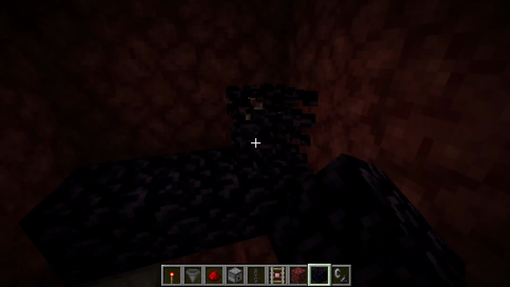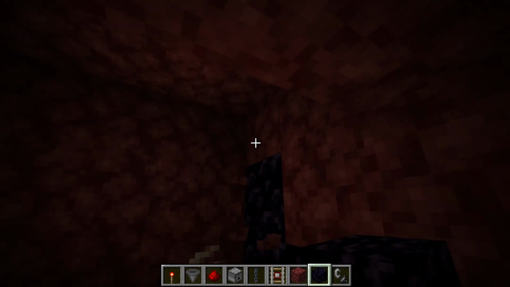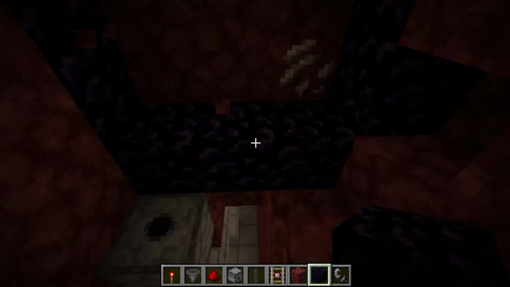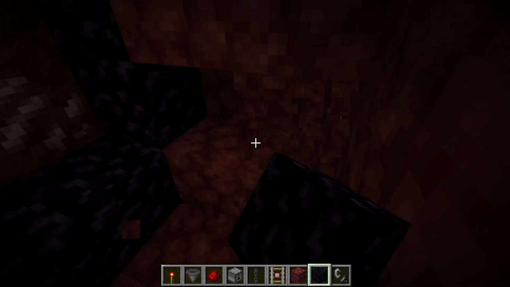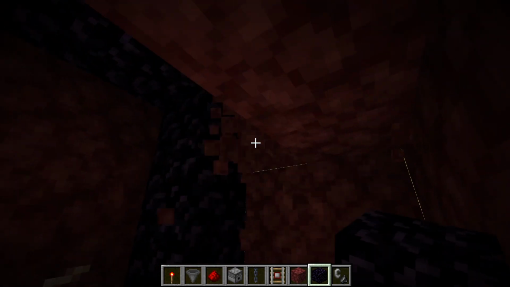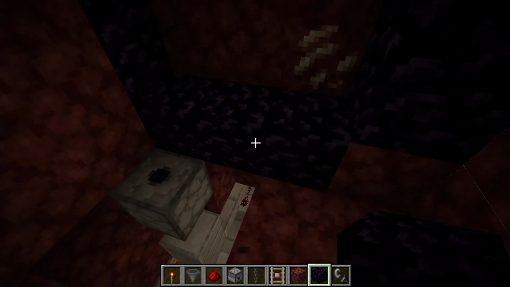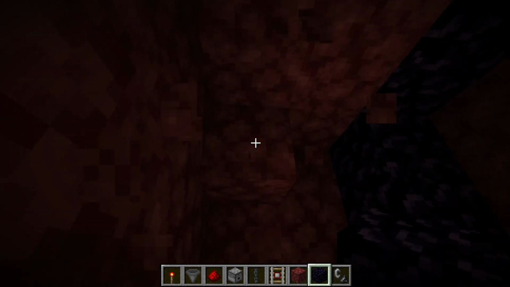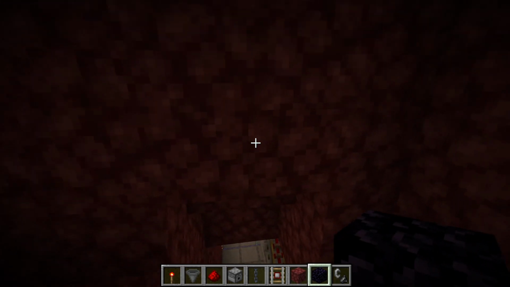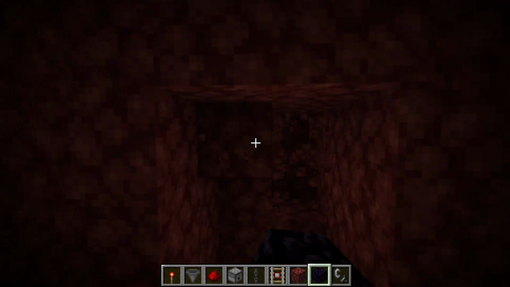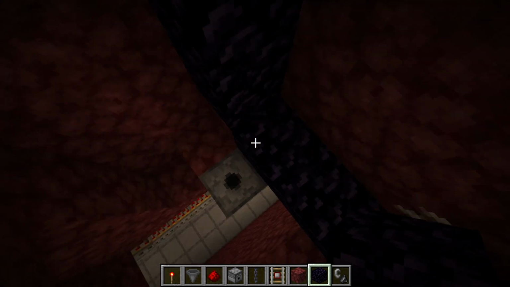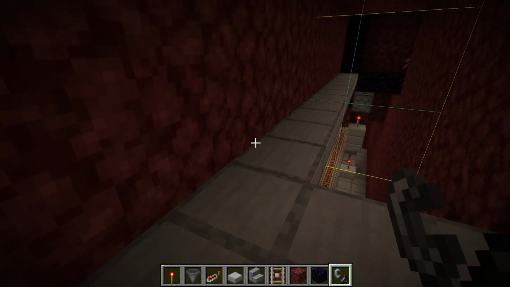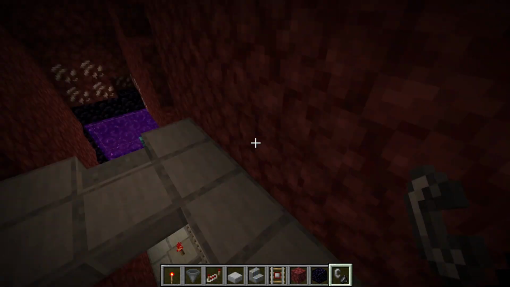The reason I'm doing this is so that I can also use this as a personal transportation network. So I'm just going to do that. So that can be the portal side, and then I'm going to come this side as well. Clear that out a little bit. The reason I'm doing that is I can clear all the way back to our main portal and have some steps up, and then basically use this side. So let's do that. So we've just started building the platform up to over here,